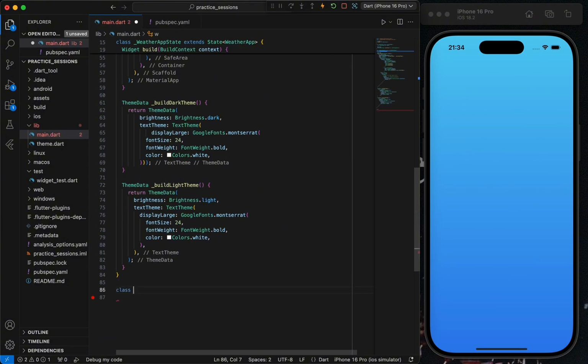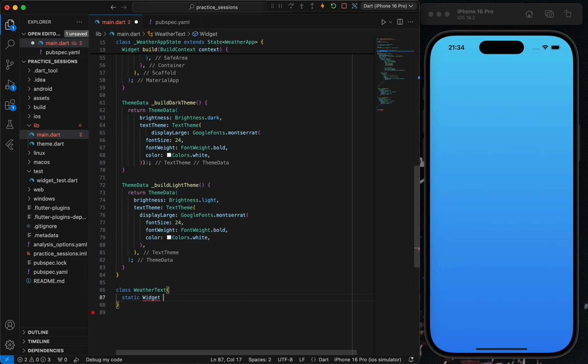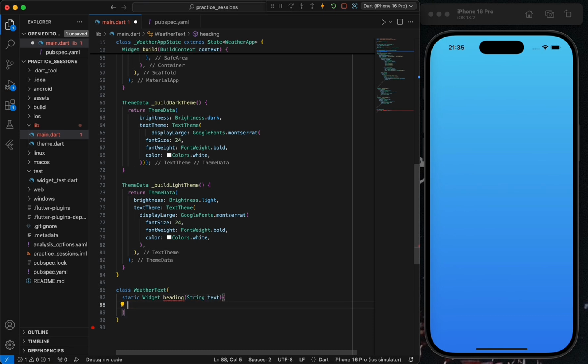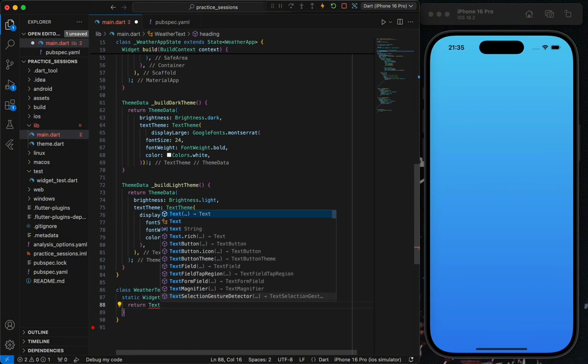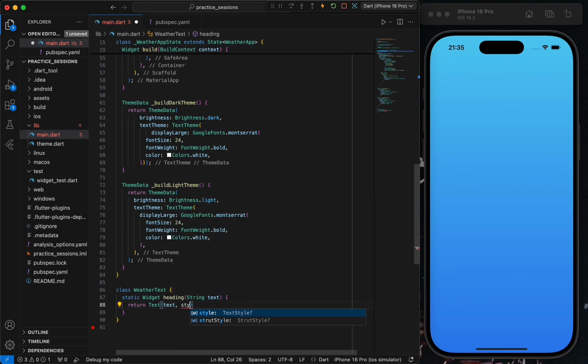Class WeatherText, curly braces open, static Widget heading, bracket String text, curly braces, then return Text, bracket text, comma, style,